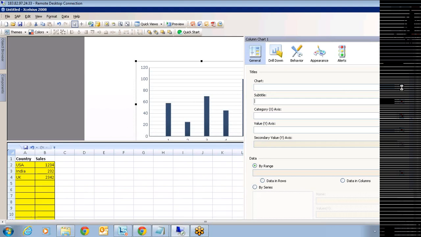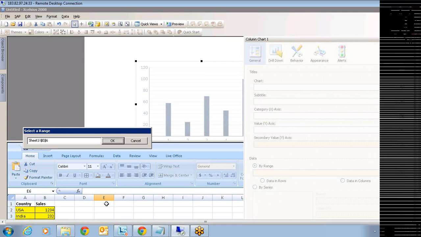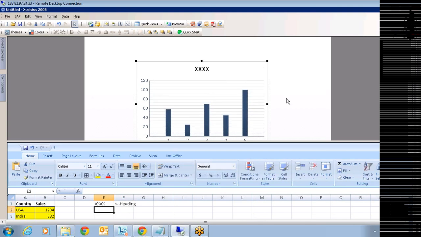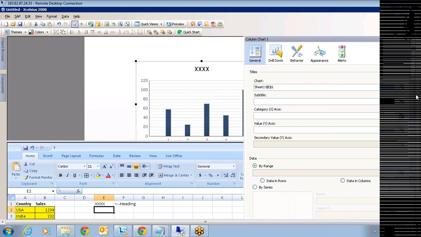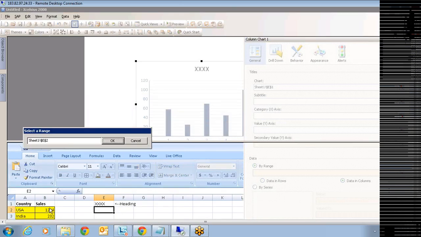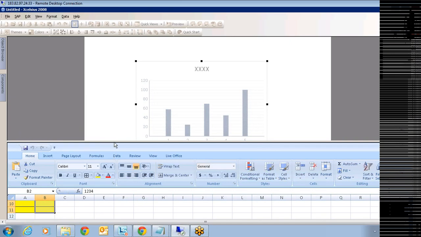For this heading I'm gonna choose a specific cell, maybe this one, E1, which is going to be my header. As of now I don't have anything. Anything that you keep, it will be replaced in your chart. And data and columns, I'm gonna choose from here till 10 rows. This is my measure values,